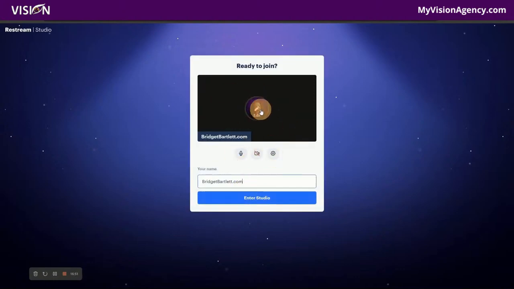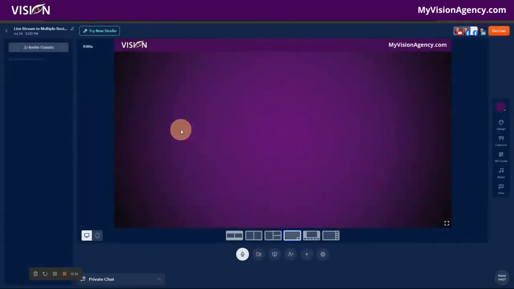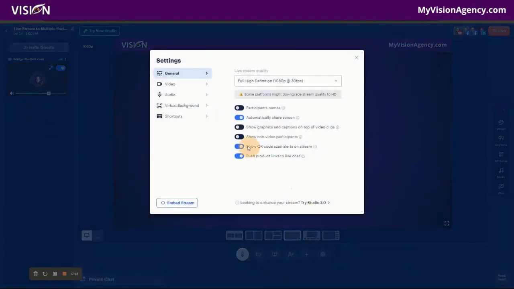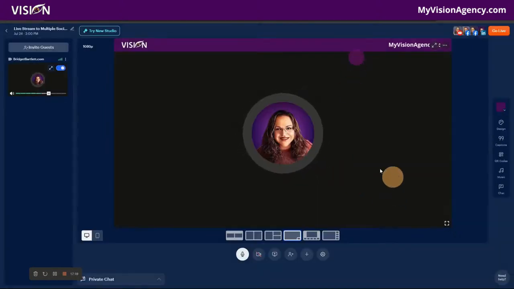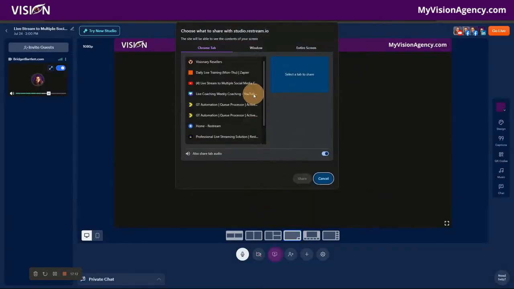And I don't have my camera on, so I'm just going to click Enter Studio. You would want to put in your name there. And you'll see here, if you don't want your camera on, you need to make sure to go to settings and then choose to toggle this off, show non-video participants. Because if I toggle this on, you're going to see my little, when I go to share the screen, which